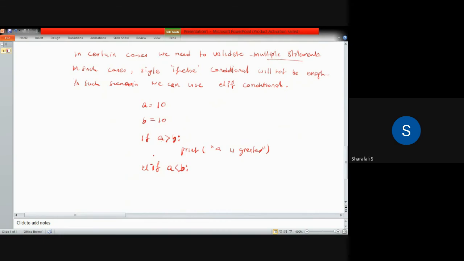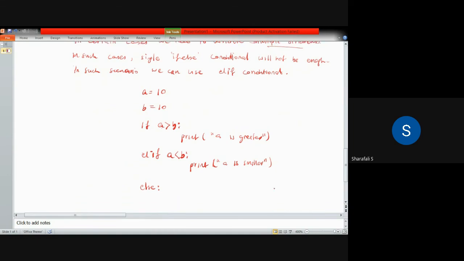So I need to check multiple statements. So if A is less than B, then I have to print A is smaller, which means that A is smaller than B. You can write it like that. And if this condition also fails, then I have to go for else. It is basically if else. Okay. So then if that condition also is not true, is going to become false, then I have to